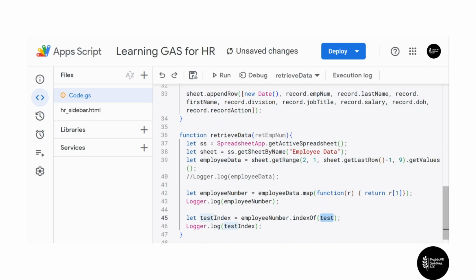Actually, I think I'm going to confuse y'all if I do it this way. So let's do a different way here. We know that we get a -1 if this doesn't happen. So if this doesn't exist, we get a -1. If it does exist, it returns the index. So what we're wanting to do is check if it is a -1. We want to return something along the lines of, say, not found. If it doesn't equal -1, which means that if it is 0 or higher, then we want it to return